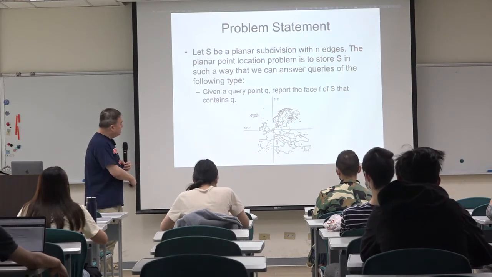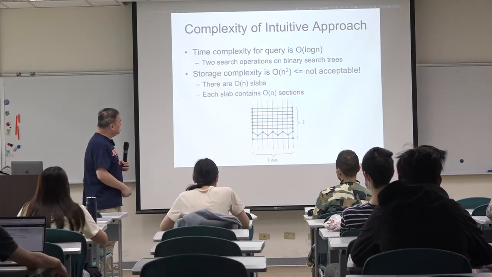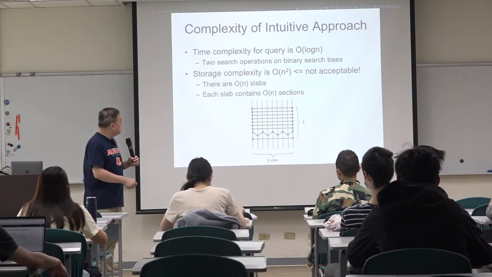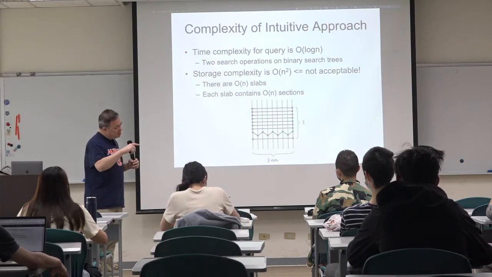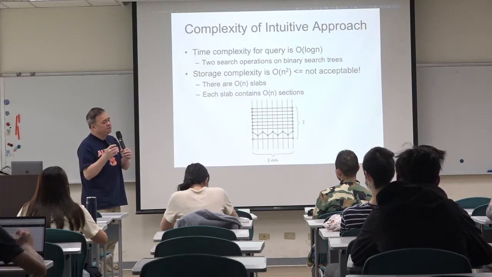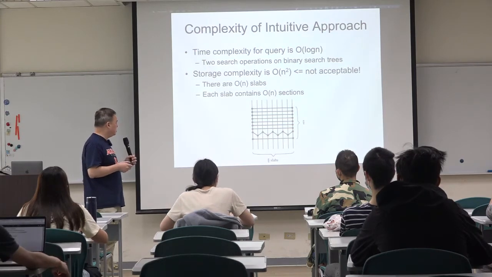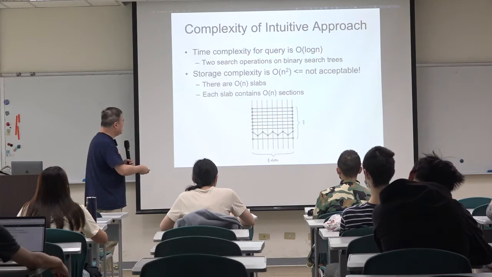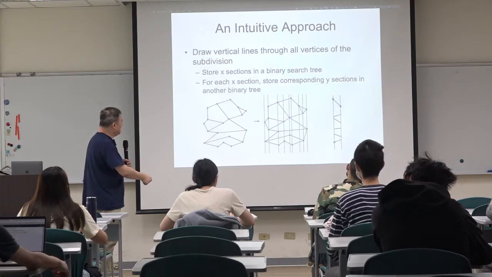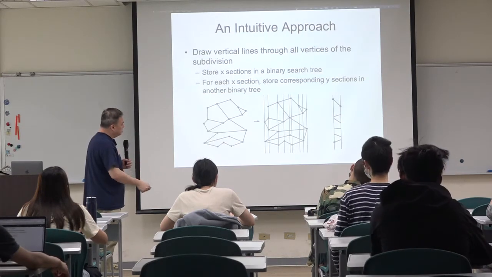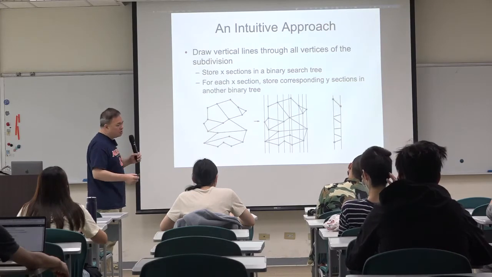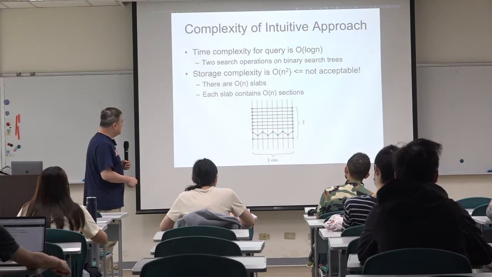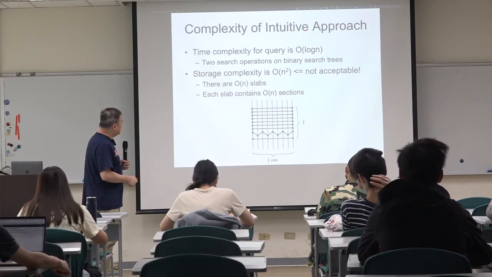So, is it possible to use n edges only, but to create big O n squared small regions that you need to store in all the resulting binary search trees? Yeah, it's possible. So you can see here,